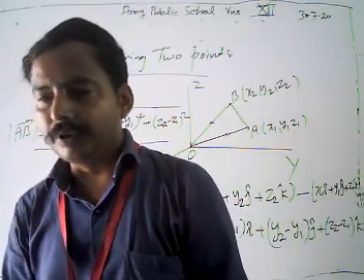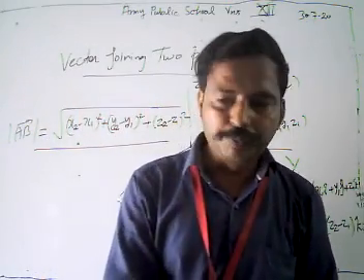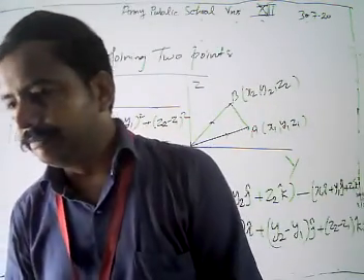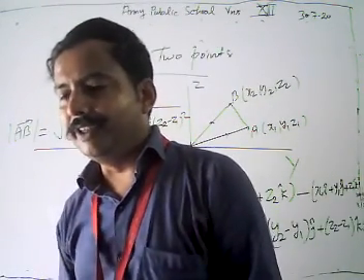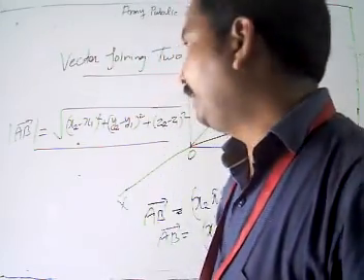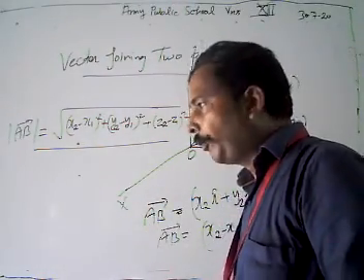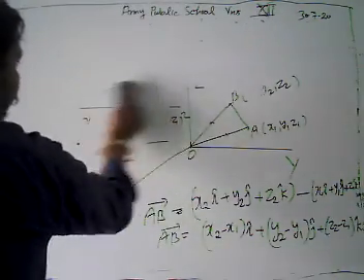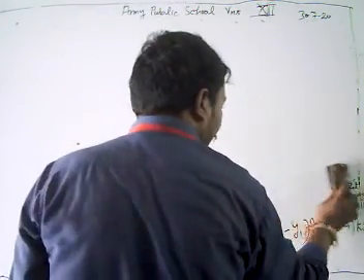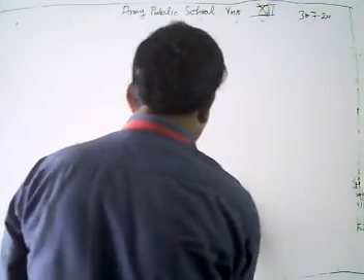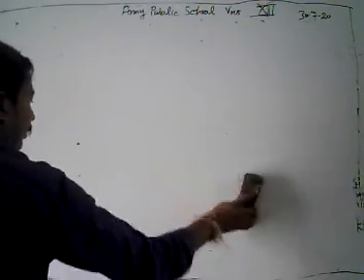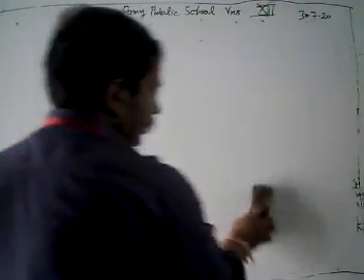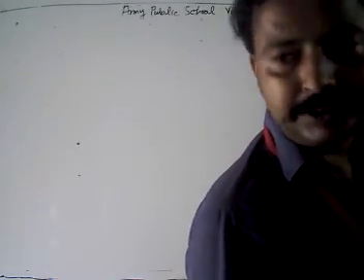Then we discussed position vectors and rectangular component vectors. Our last topic ended with the vector joining two points, which is what we have on the board. Now we look at how we can get the vector joining two points. Then there is also the question of the section formula.